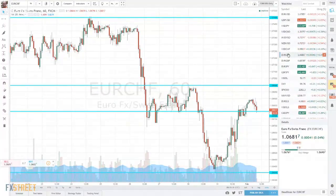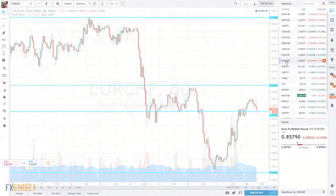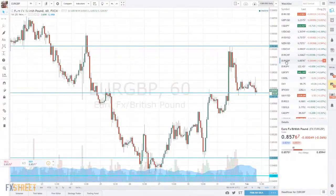Support awaits there at 106.35, just the low point at the end of January. Resistance 107, round number, and high resistance 107.50. I suspect that the SNB wants to see Euro Swiss trading between 108 to 110. They intervene relatively quietly. Much more interesting currency pair is the Brexit pair, the